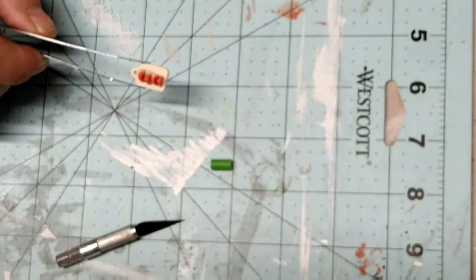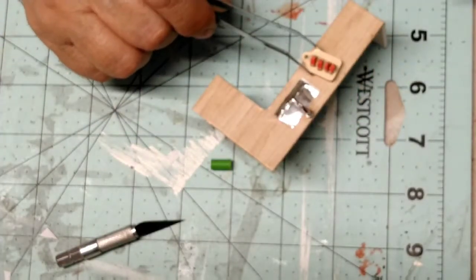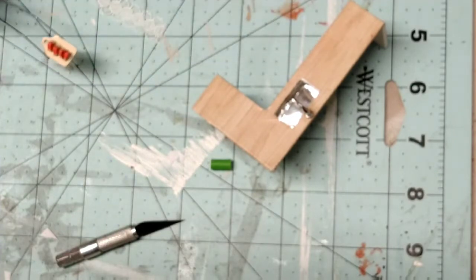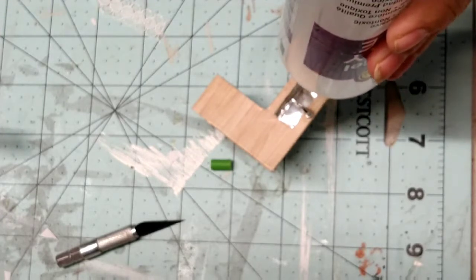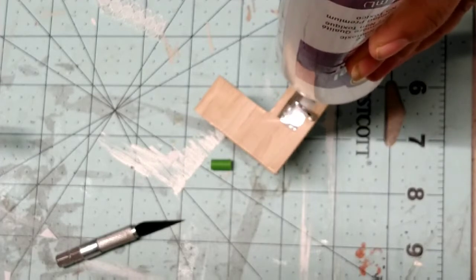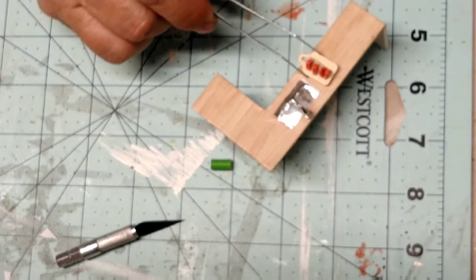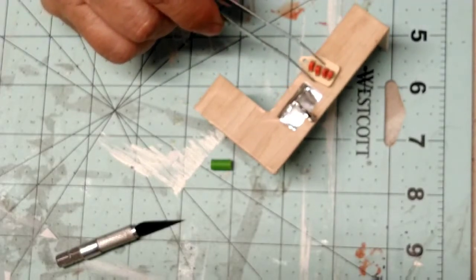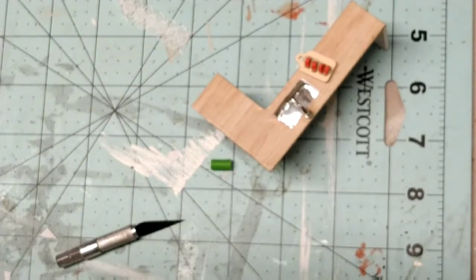And the sink is here, so I'm going to glue that down right there. And that'll work to hold that down. So there's that. And I gotta find knobs,